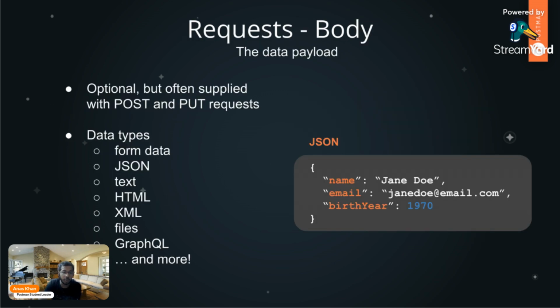Look, this is how body looks like. Suppose when you want to pass something with post, कि अगर मुझे सर्वर पे डेटा डालना है, मेरा नेम और ईमेल और बर्थ ईयर, सो मैं वो कैसे डालूंगा? उसके टाइप्स होते हैं: फॉर्म डेटा, जेसॉन, टेक्स्ट, एचटीएमएल, एक्सएमएल, फाइल्स, ग्राफिकल एंड मेनी मोर. But one of the most preferable types is JSON, that is JavaScript Object Notation, which you can use. वो एक टाइप का की वैल्यू पेयर होता है, वो तुम्हें हेल्प करता है टू सेंड द डेटा टू द सर्वर इन अ वेरी इजी मैनर, like this: name, email, birth year. Name is Anas Khan, email is Khan Anas, birth year is 2003. Yes, that's how it works.